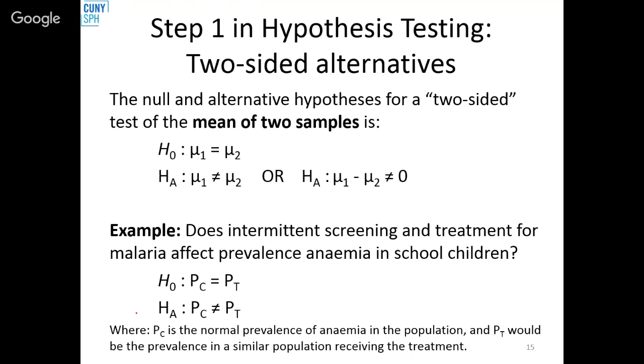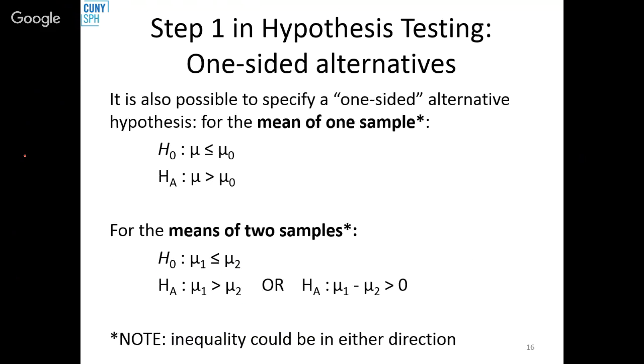It's not just that your null hypothesis is that the sample means are the same, because that's not what it's about. It's about the population means being the same. And it also shows that you know what your alternative to that null hypothesis is. So there are different alternative hypotheses that you could have, because there's this thing called one-sided alternatives,